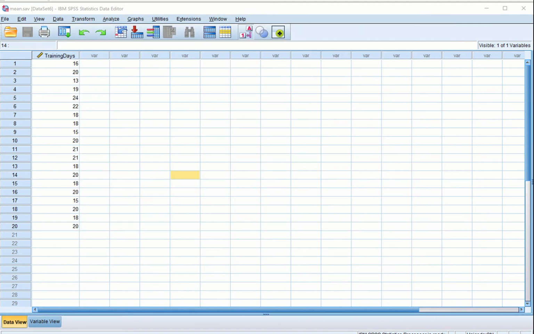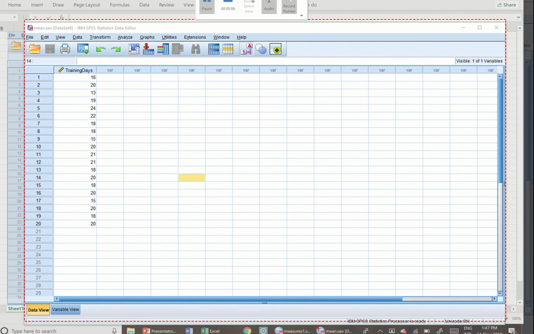So first of all, we will talk about the mean. The mean of the distribution is also called the arithmetic mean, and sometimes we also call it the average, just the average. And the mean is represented by x bar. So the mean of the sample is represented by x bar, and it is equal to the sum of all the observations. If we call this variable the x variable, then the sum of all the observations in this case turns out to be